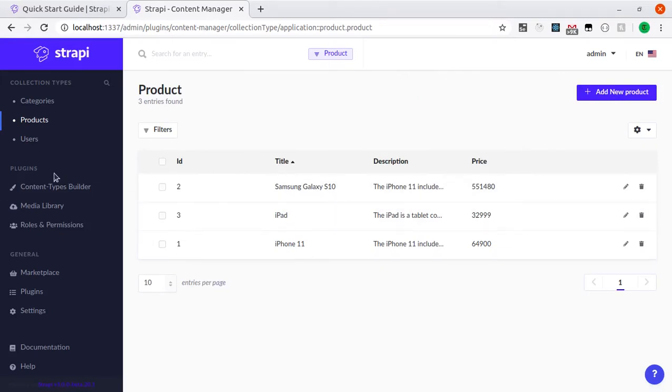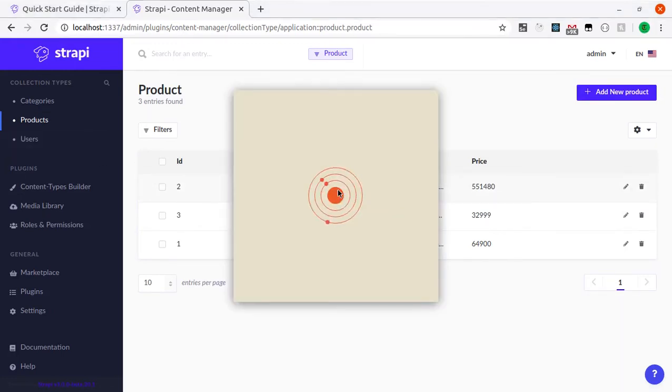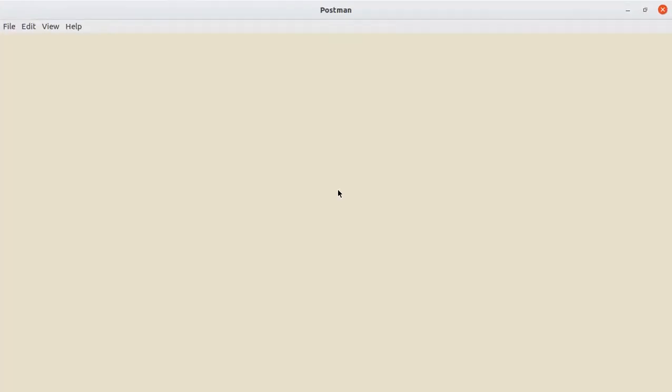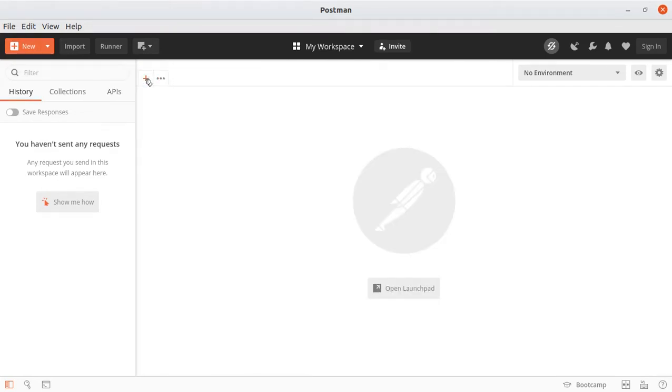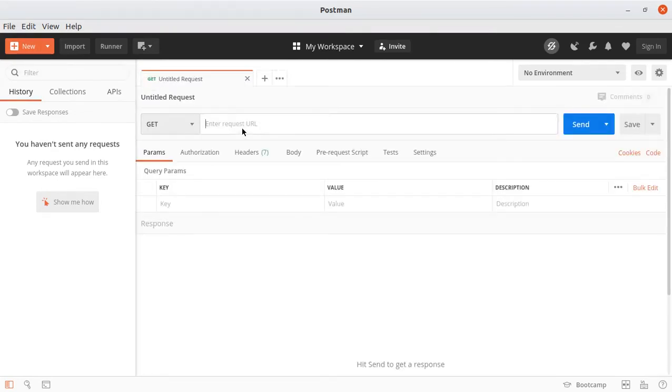Now I am going to open Postman. If you are not familiar with Postman, it is just an HTTP client, which allows us to make GET requests, POST requests, and all that, just like your front end would do. I'm going to open a new tab and make a GET request to http://localhost, and we want port 1337/products.